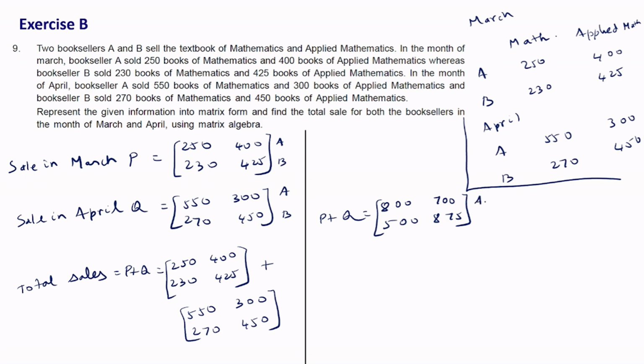So this is the total sales for A and B. Therefore, total sales equal to